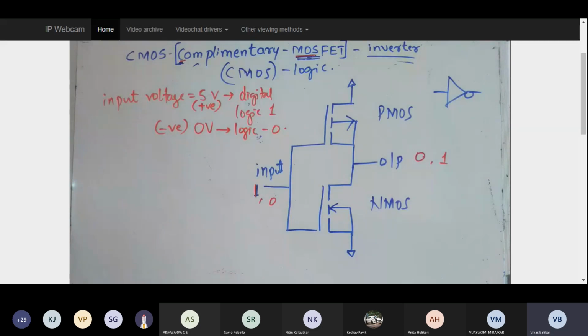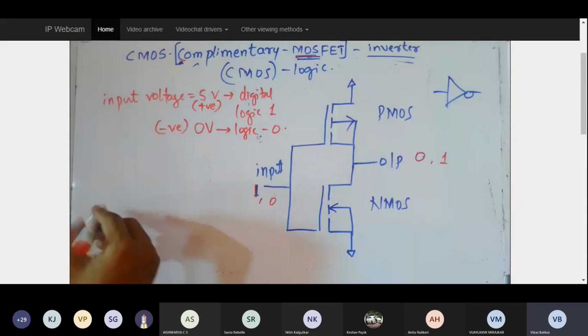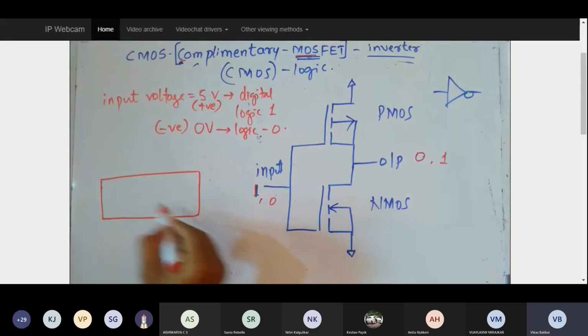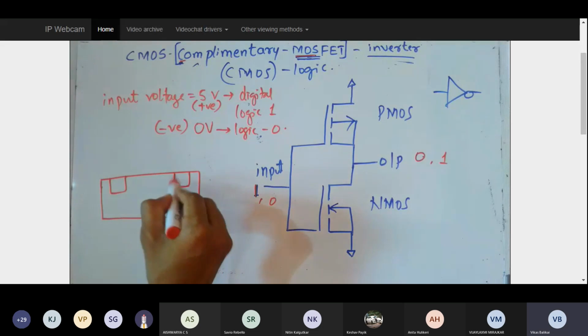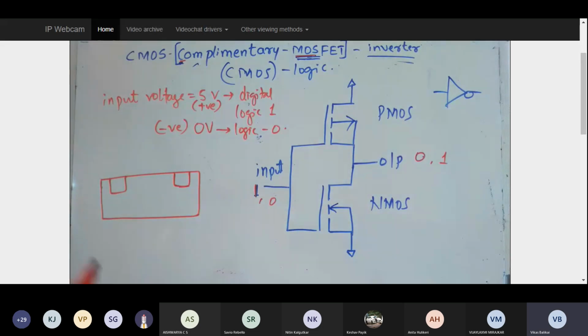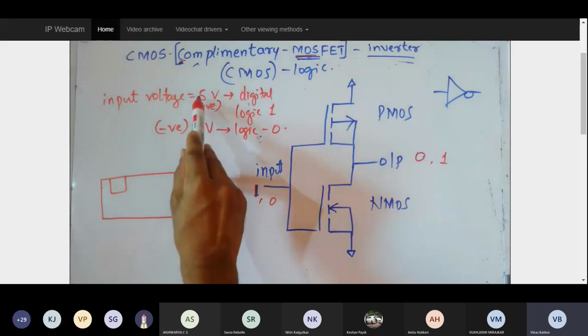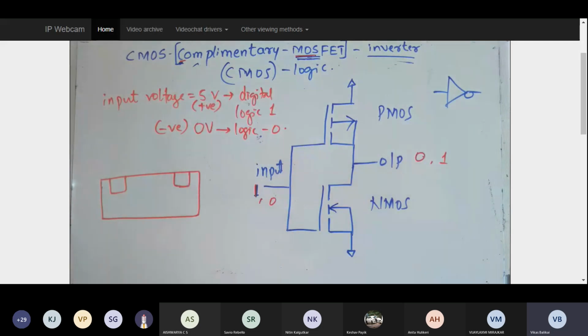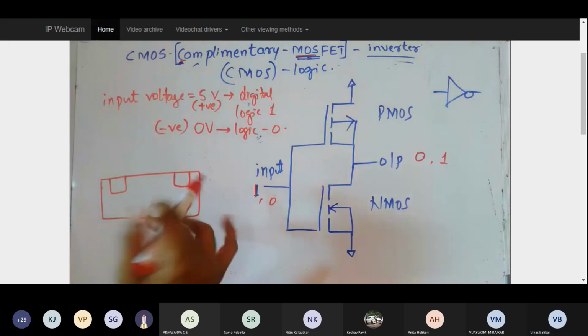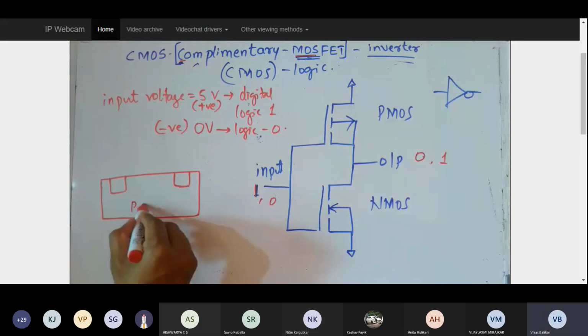Because till now, what we have seen is the structure of the MOSFET, and we tried to apply the input voltages in terms of analog values, 5 volt. We started from 0 and increased to 0.71 volt, 2 volt, 3 volt, like that we have tried to understand. But now because digital logic is coming into the picture, I try to do some comparison between the analog and digital values. So 5 volt or any positive voltage, I term as logic 1. Any negative or 0 voltage, I term as logic 0. So let us try to do some analogy with respect to NMOS.